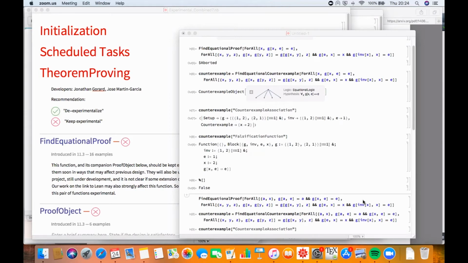Now, in terms of design, I am not at all convinced that find equational proof should actually return counterexample objects. I think it would be better to just say failure, there isn't a proof, and then separately have some kind of model exploring function that would be more in the nature of working with the counterexample. Why does it need the G and the env?